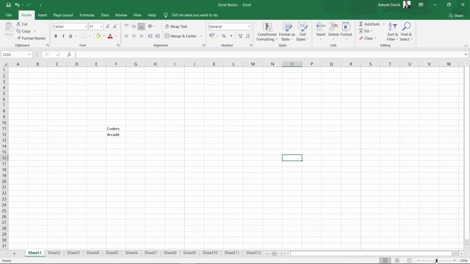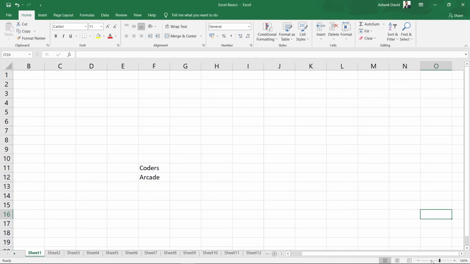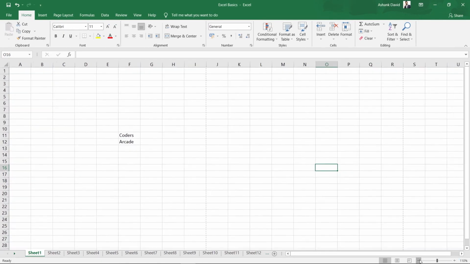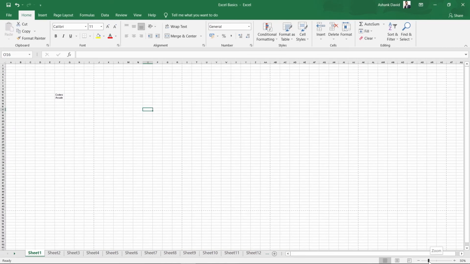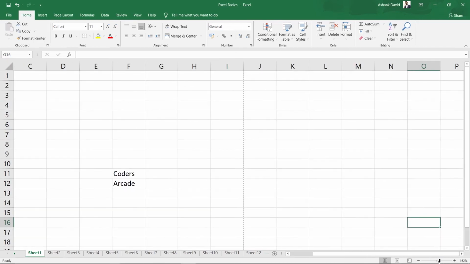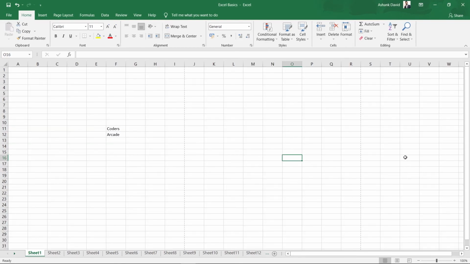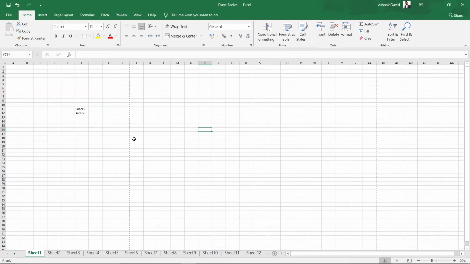And if you talk about the slider right here, this is what we call the zoom slider. If you click on this plus button right here, this will allow you to zoom into your worksheet like this. And if you press the minus button right here, it will allow you to zoom out of your worksheet. Or you can directly use this slider like this, and you can zoom in and out of your screen. Or you can use another shortcut: press and hold the Control button on your keyboard, and if you use your mouse scroller, you will be able to zoom in and out of your worksheet like this.